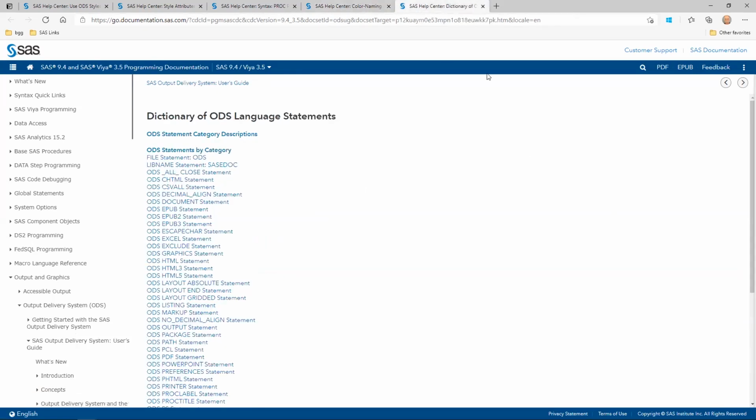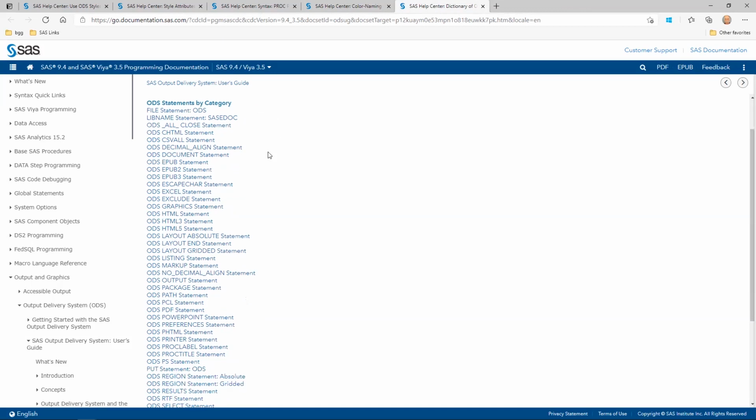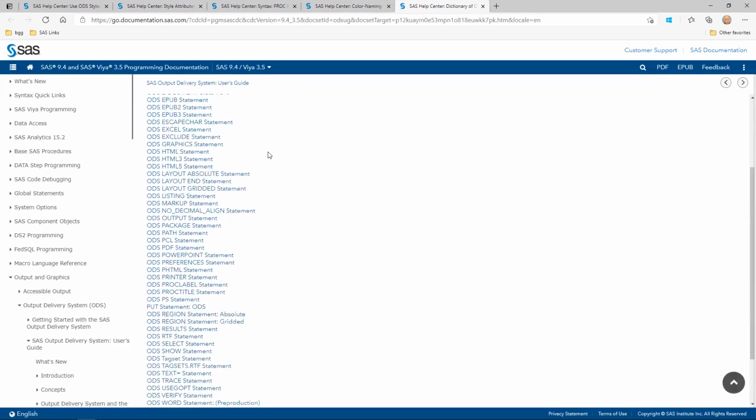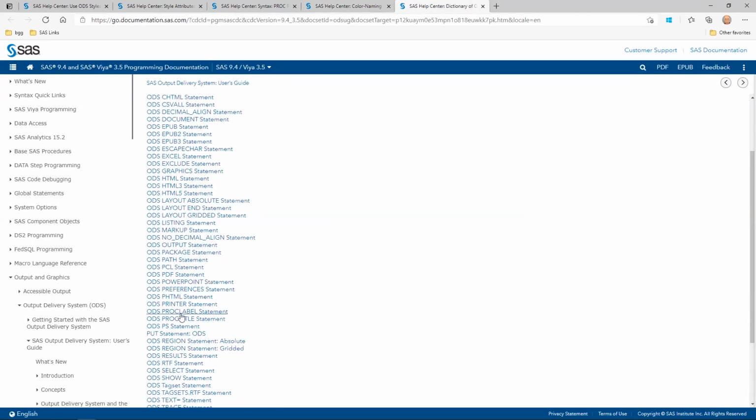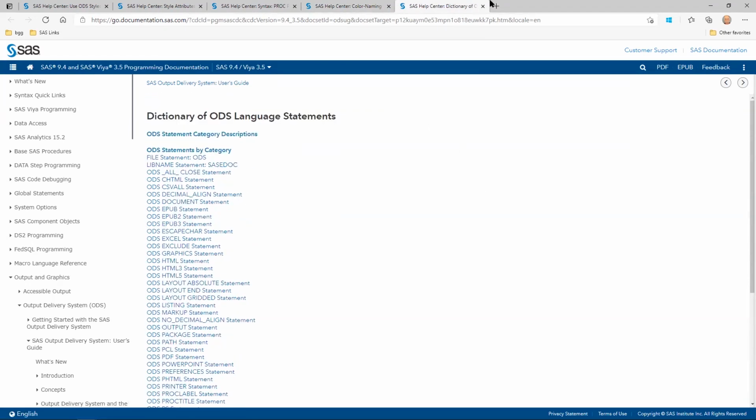And then lastly, I have a link to all of the ODS language statements. This is the dictionary, and it gives you the various destinations and some of the other statements, such as PROC LABEL that we used, etc. So here is that navigation to this dictionary of the ODS statements.